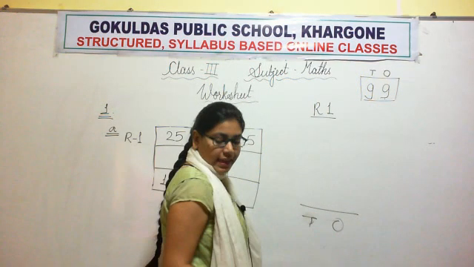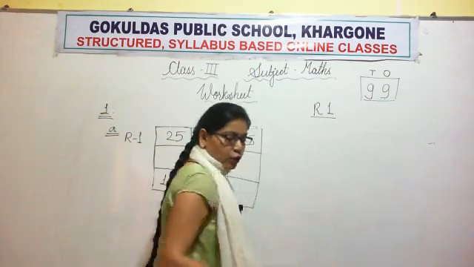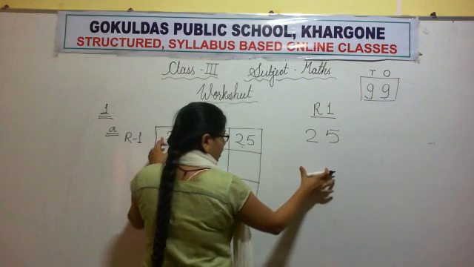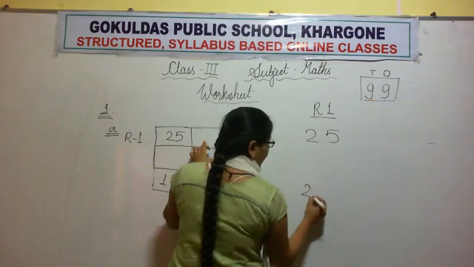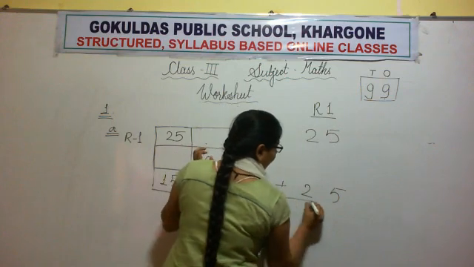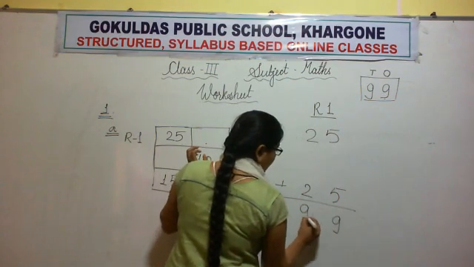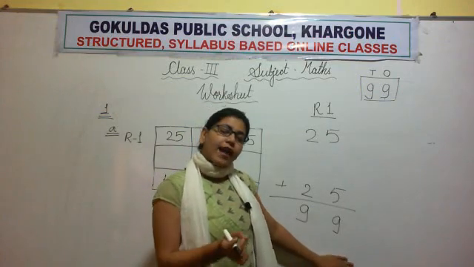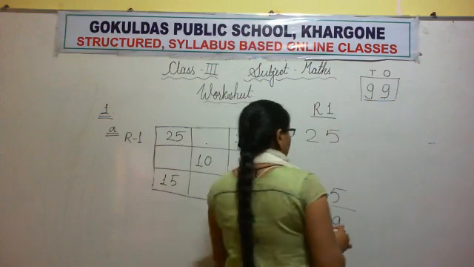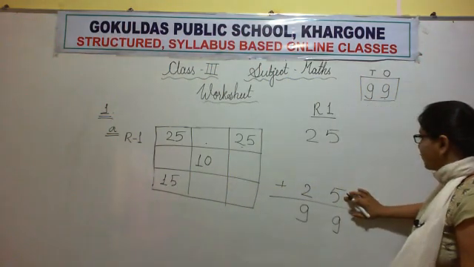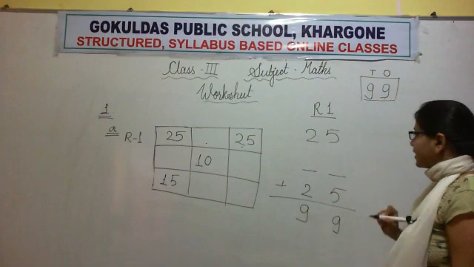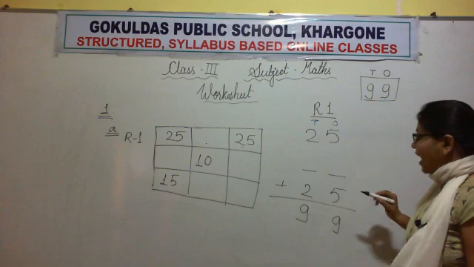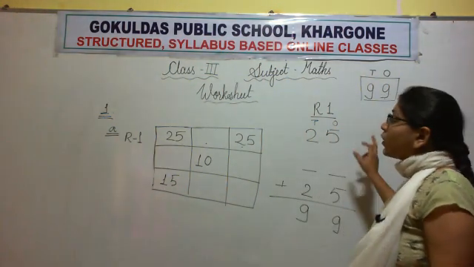Okay. So what are the 2 numbers given? The first number is 25. Then the blank and the last number is 25. And we know that our answer must be 99, so we are already writing our answer. Okay, so 5 and 5 and these 2 blanks are there. This is 1's place, this is 10's place. 5, blank, 5. So first of all, let us add these 2 given numbers.